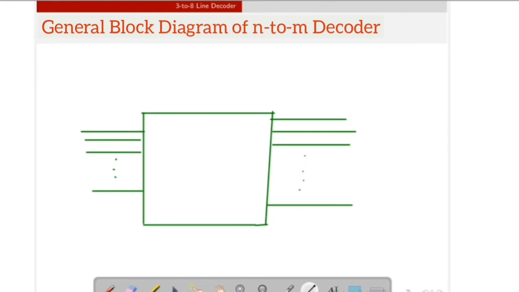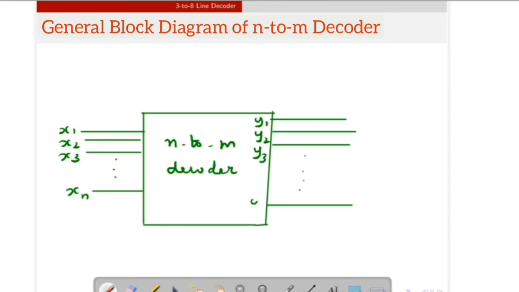Inside the box we write it is n to m decoder, and represent the inputs x1, x2, x3, etc., xn, and outputs as y1, y2, y3, etc., ym. So this is the general block diagram of the n to m decoder.